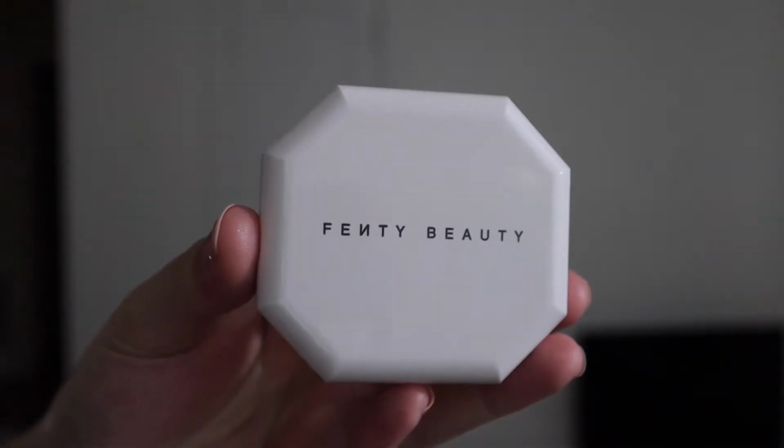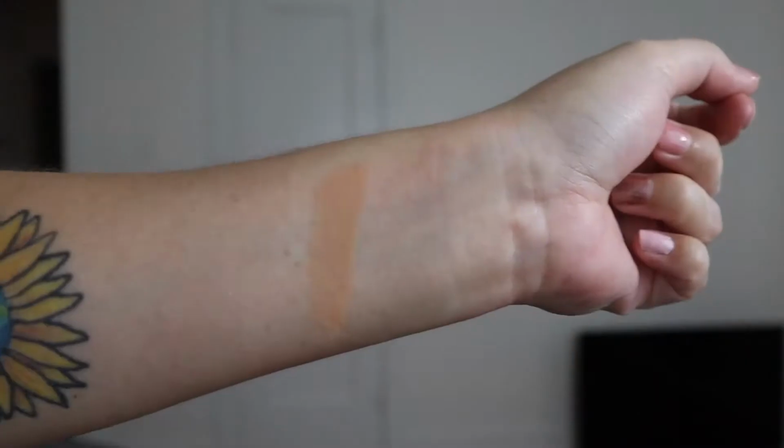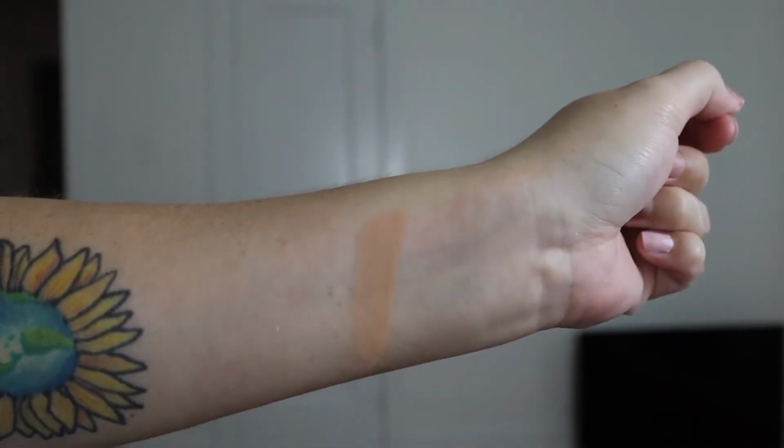All right, another unplanned purchase. This is actually something that I picked up from Marshalls, and this is the Fenty Beauty Pro Filter Soft Matte Powder Foundation, and I do have the shade 280, and I paid $19.99 for this, so it's not the greatest deal in the world, but it's still significantly cheaper than if I were to purchase it full price at Sephora. And so this is what it looks like,